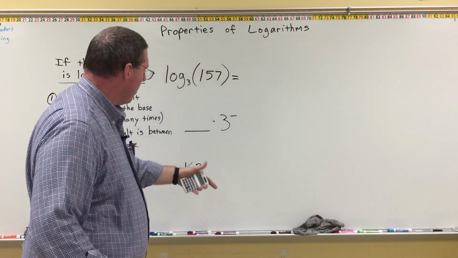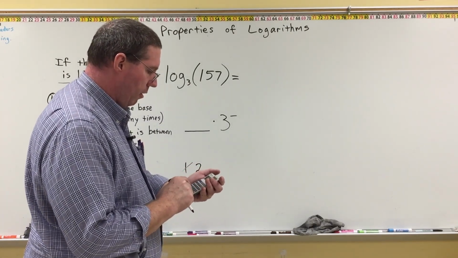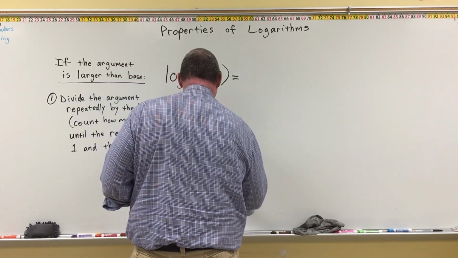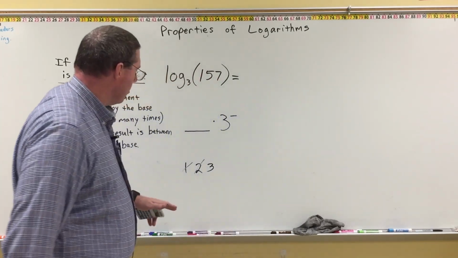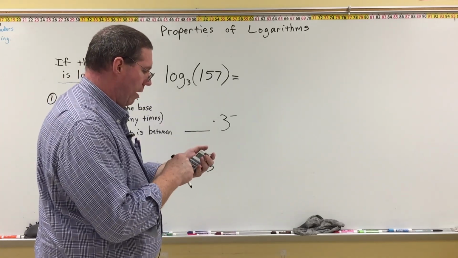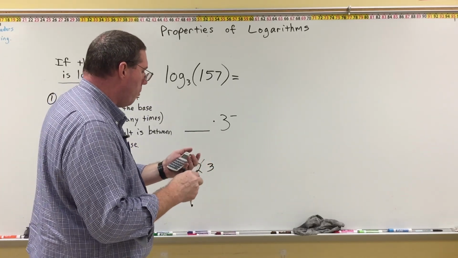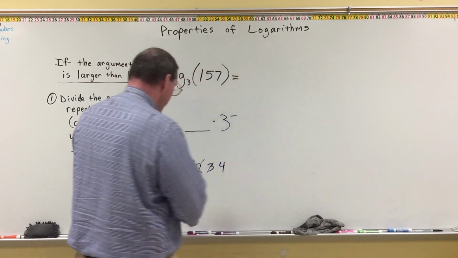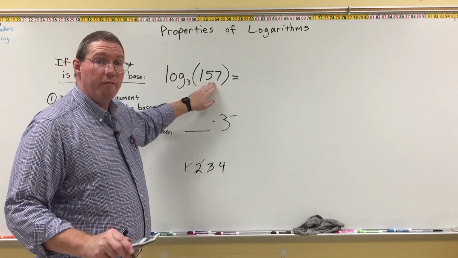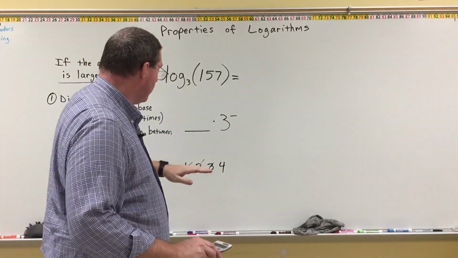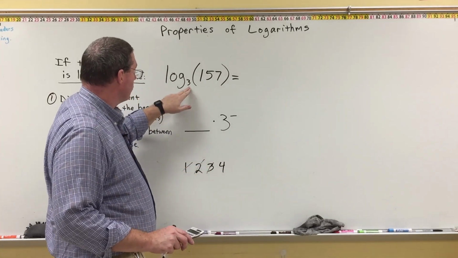We're going to cross off the 1. So now we've done it twice. Now we're going to divide by 3 again, and we get 5.81. So we've done it 3 times. So 2 times isn't enough, but 5.81 is still larger than 3. So we're going to divide by 3 again, and we get 1.938. So we've done it 4 times. We had to divide 157 by 3 4 times in order to get a number that's larger than 1 but